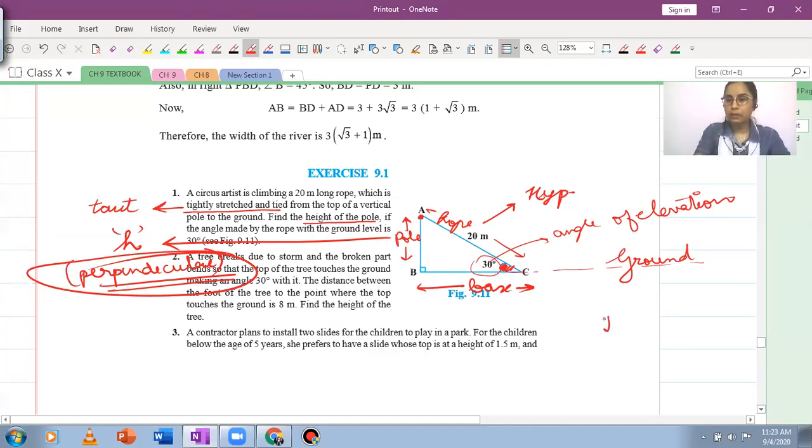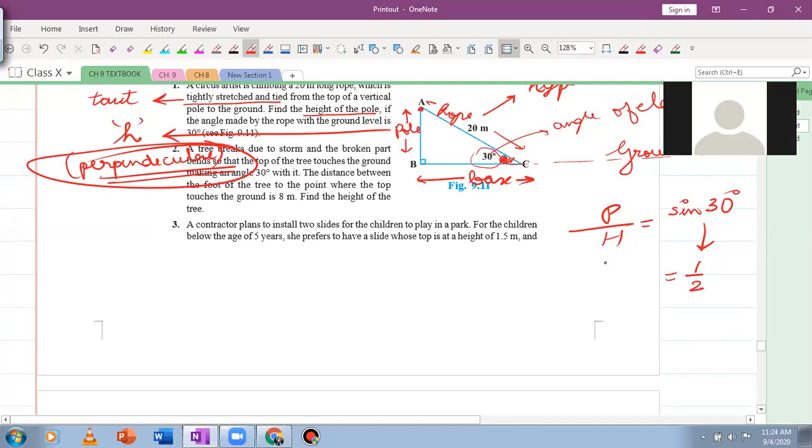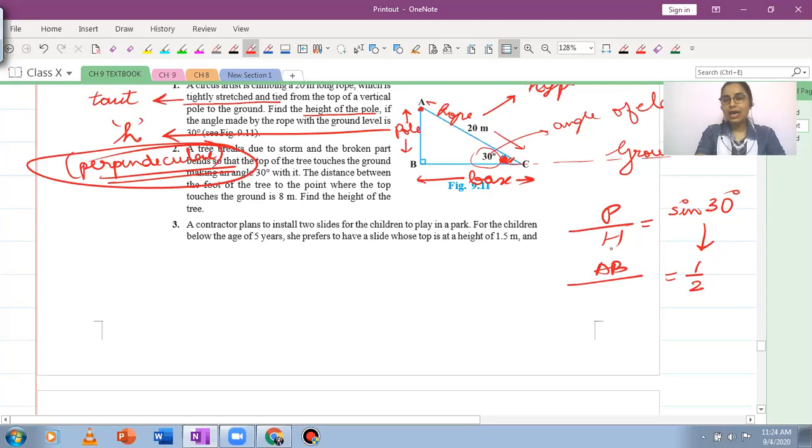So what I'm going to do is, I'm going to take the perpendicular and I'm going to take the hypotenuse. I'm going to write down the ratio with respect to the acute angle given. And as Anirai said, this actually is sine of this acute angle here. So from the table of values, you can write down the value for sine 30 degrees, which is 1 by 2. Perpendicular हमें पता नहीं है, तो हम उसका नाम लिख देते हैं AB, and the hypotenuse is 20. Yes, AB upon AC, hypotenuse is AC and AC is 20.